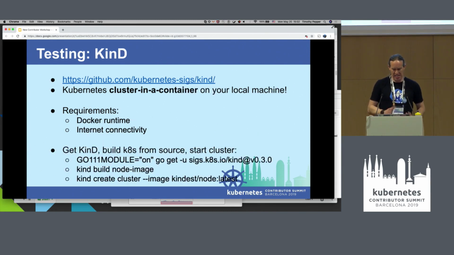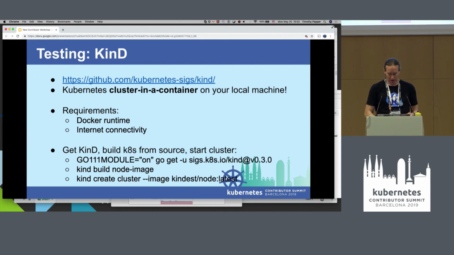Over the last year-ish, this tool called Kind has become increasingly popular. And this will run a cluster for you in a container on your local machine. So for this one, for example, it does support running on Mac, as long as Mac is working. So like this was also broken earlier in the week because building on Mac wasn't working. So this one has a little bit lighter resources needed,